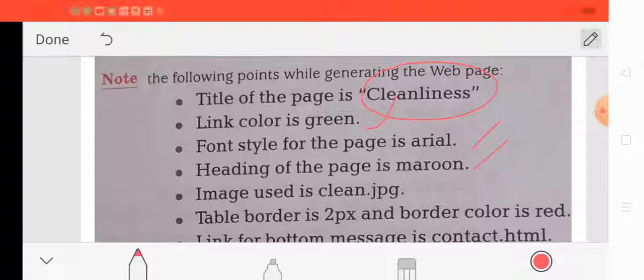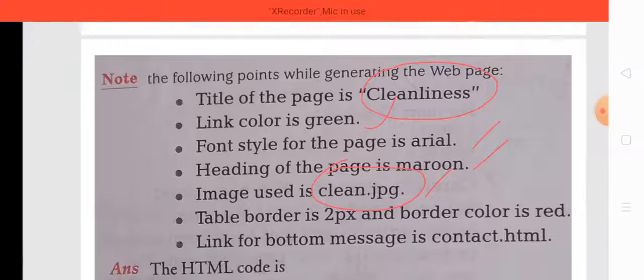Image used is clean.jpg. Always remember that whenever there is an image in a web page, the name of the image must be given in the question, and you have to just write that image name in your web page designing. If you choose any other name, then marks will be deducted accordingly.